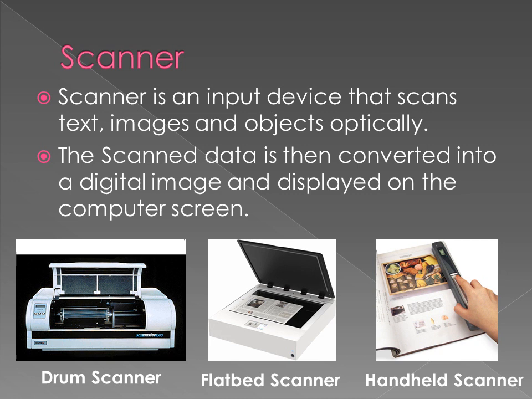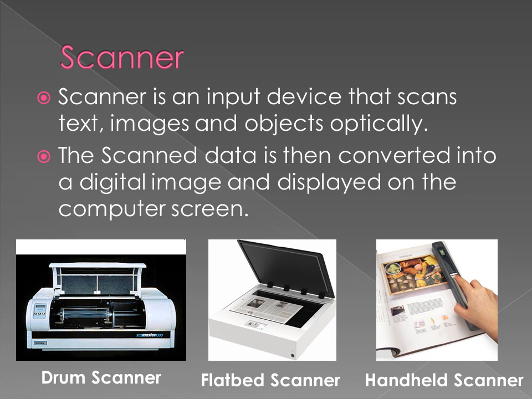There are three types of scanners available: drum scanner, flatbed scanner and handheld scanner. Drum scanners are used to scan documents where the document needs to be passed through a drum and scanning will take place. Slowly it will convert the image into its electronic form and will be available on the computer screen.